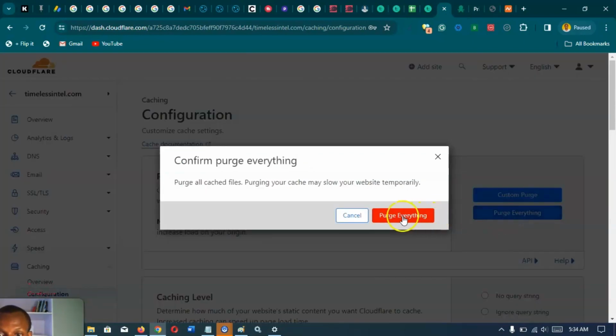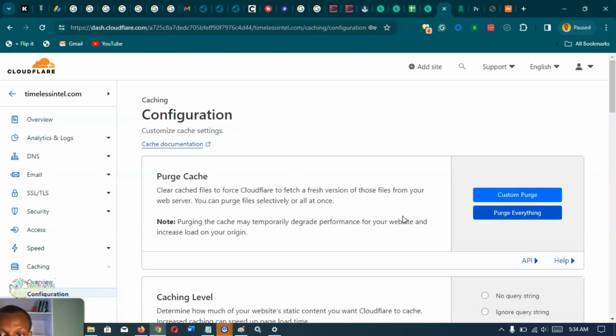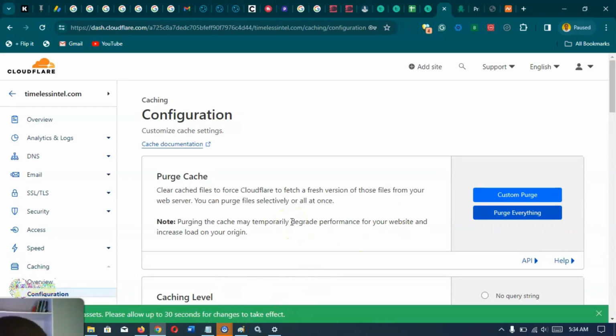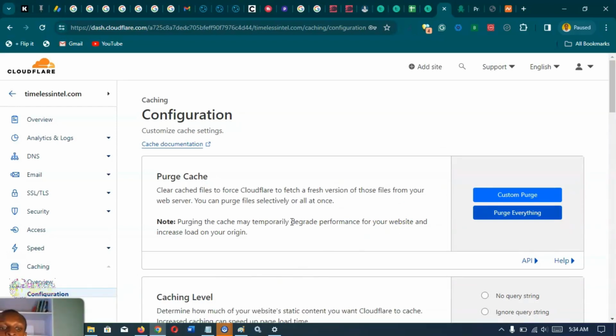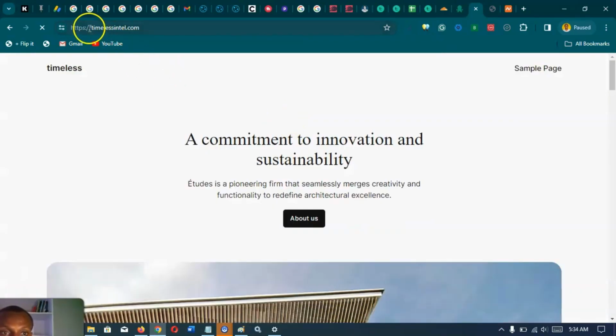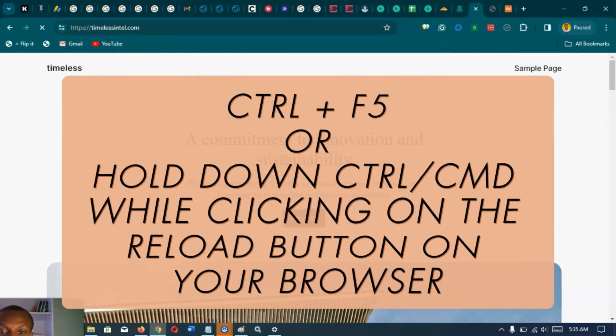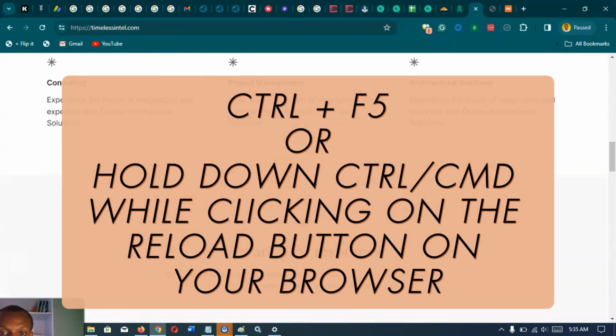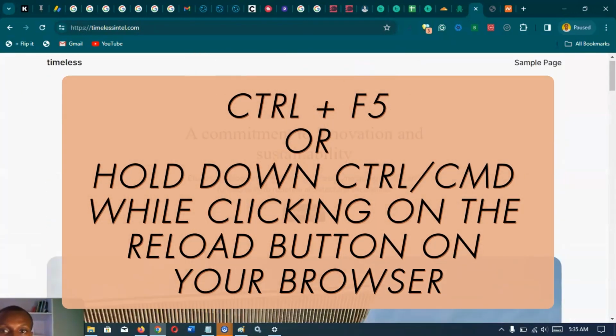So I'll purge everything, purging everything. Then reload the page, see if everything works just fine. Okay, so I just decided to reload the page, Control F5 on a PC, and this is all set up